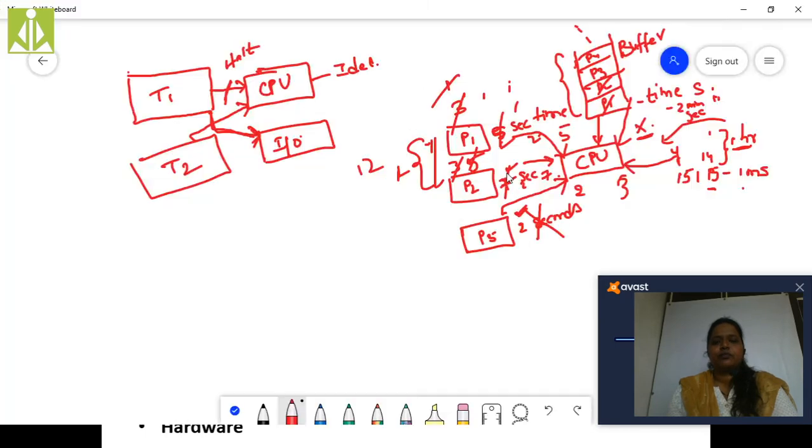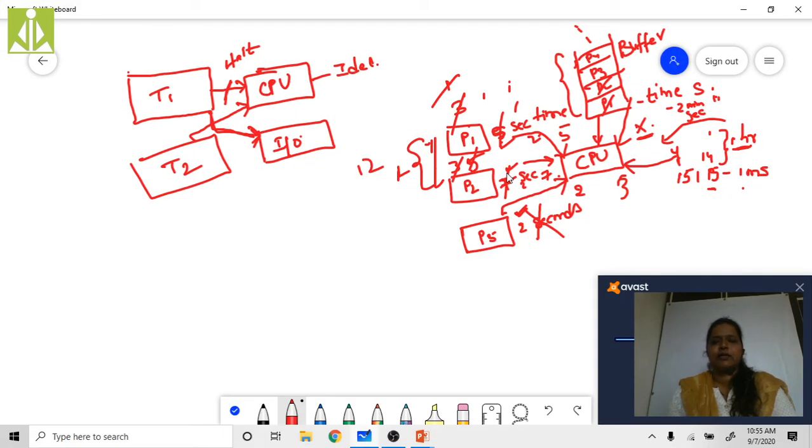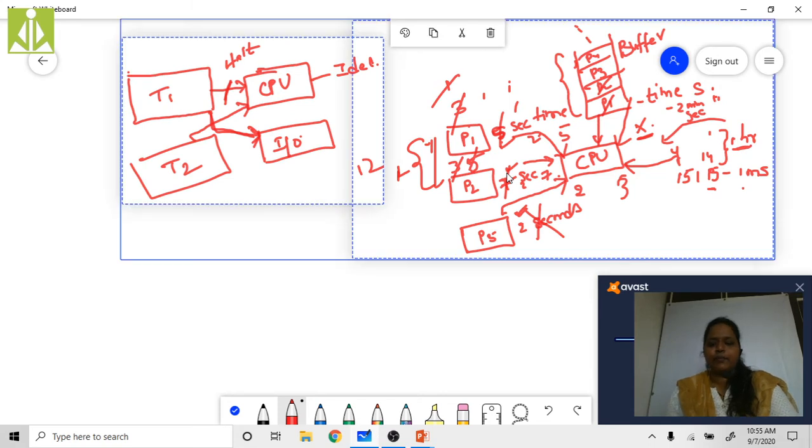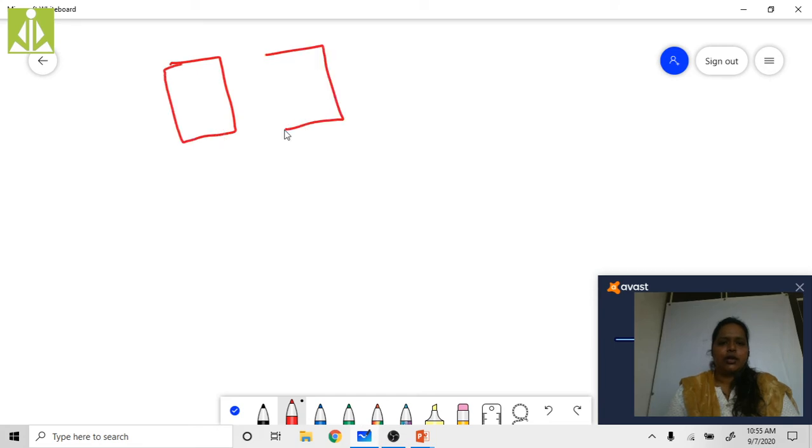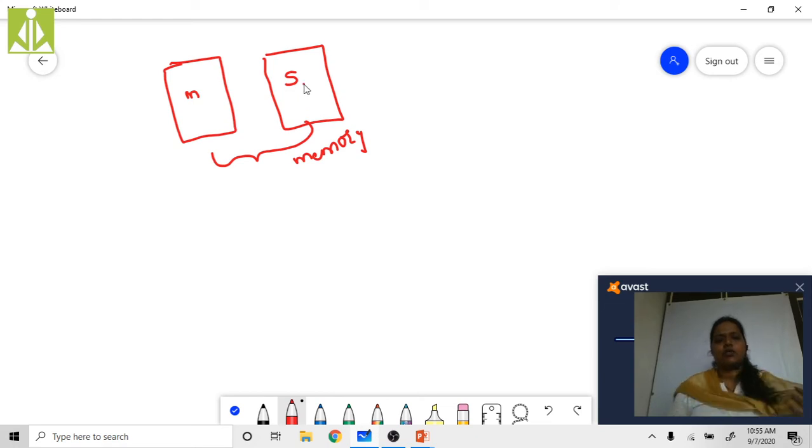Memory management is nothing but managing of memory. When it comes to memory management, as you all know, you will have the main memory and you will have the secondary memory. This one is the main memory and this one is the secondary memory. These are the two basic memories. We also have cache memory and associative memory, but as it is an introductory part, we will see the main memory and the secondary memory. What do you mean by a main memory and what do you mean by a secondary memory?